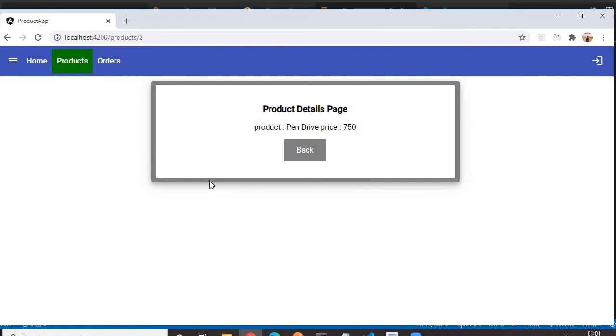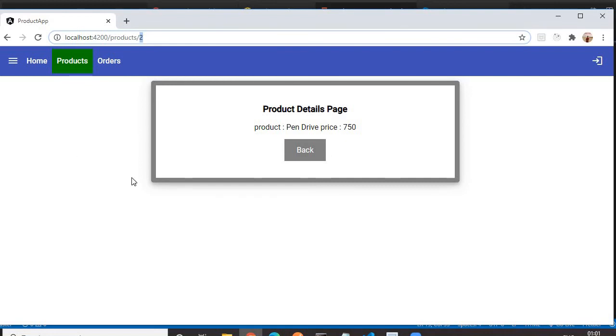So how can we achieve this? If you see in the URL, the ID of that product gets appended. The ID for pen drive is 2, so that's why 2 gets appended. It means we are appending a parameter in the URL. That's why it is called parameterized routing.